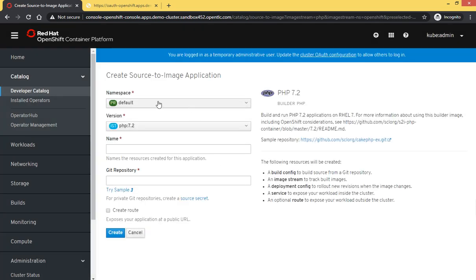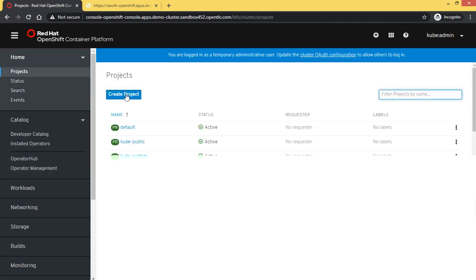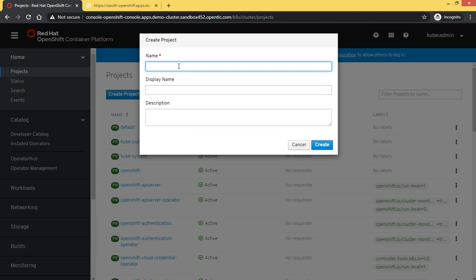Okay, namespace. Okay, we will just go to home, create our first project. Okay, first demo one. Okay, and display name is demo project.